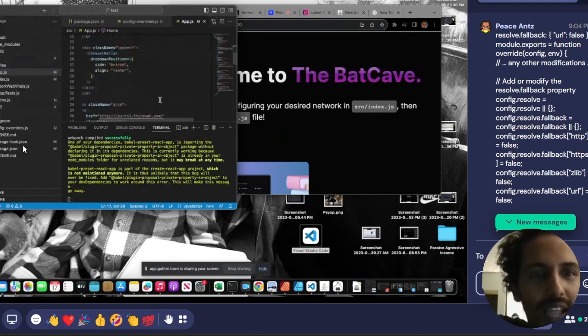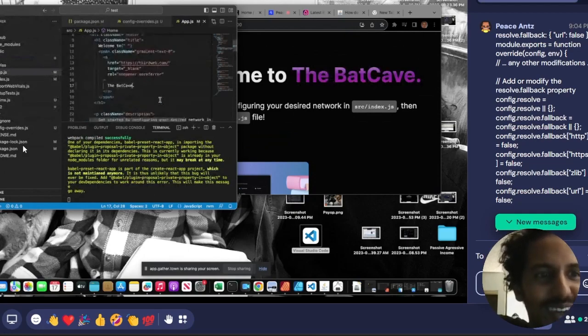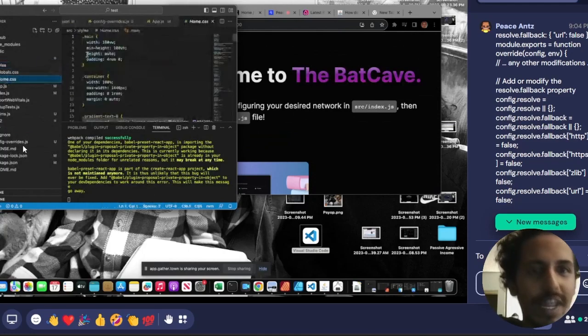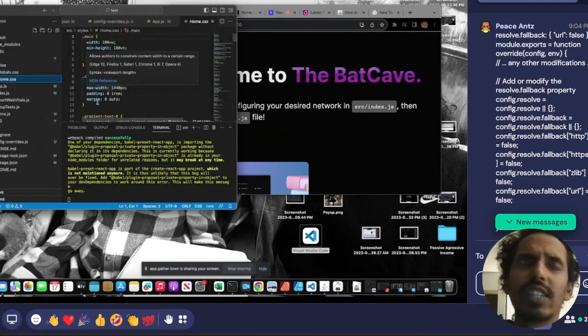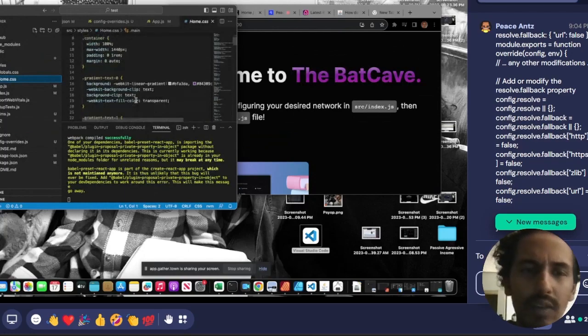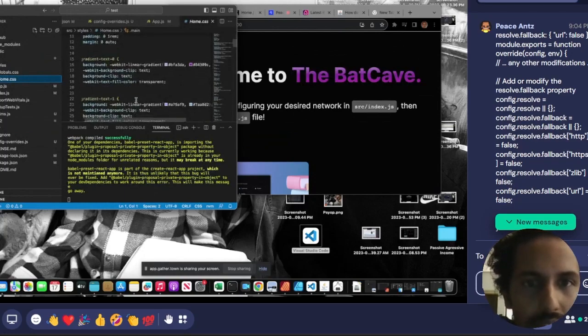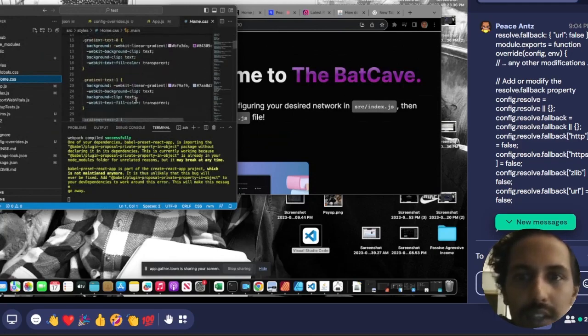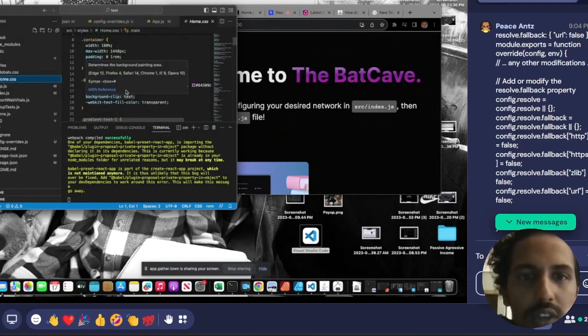All right, so now let's change the color of that. So instead of pink, we'll make it brown or something. So go to styles and then go to home.css. So now we're moving into a different language. This is CSS. It's almost not a language, it's a style formatting thing. So under gradient text 0, we're going to change that color. So let's make it into a more batty color. So click on the color box.